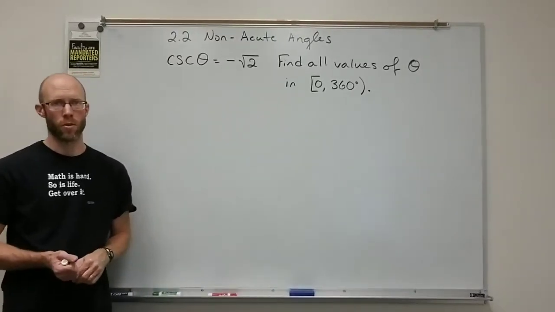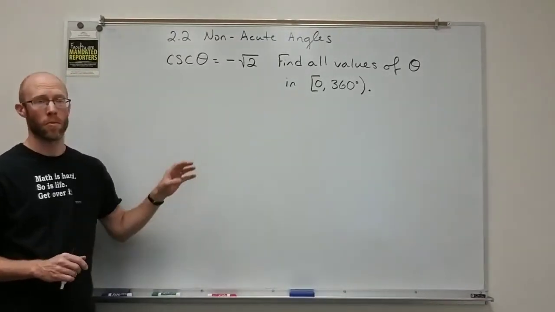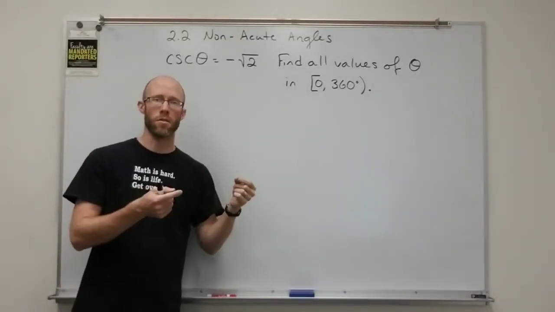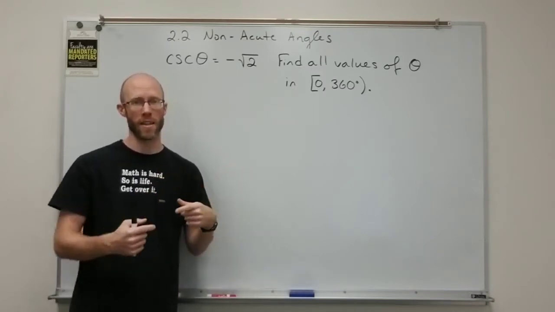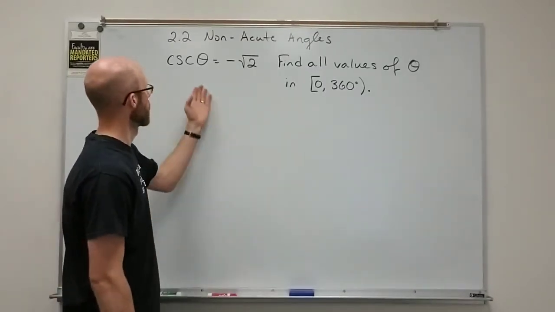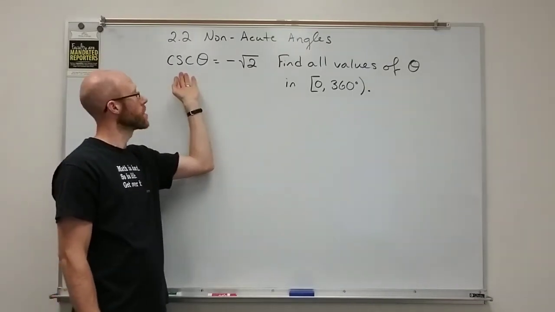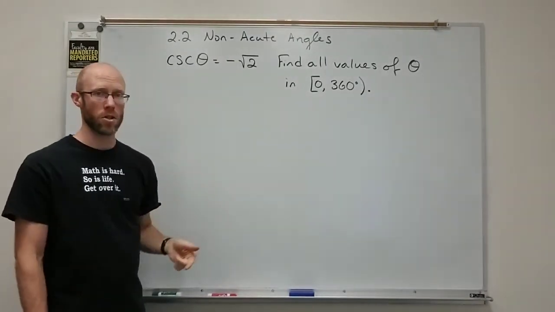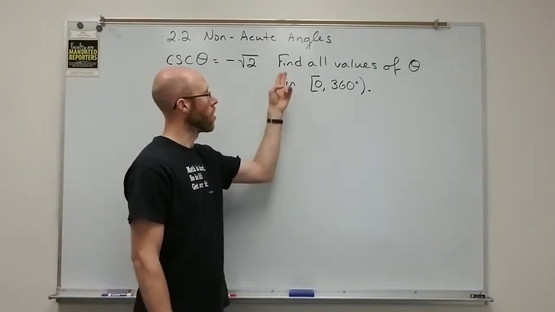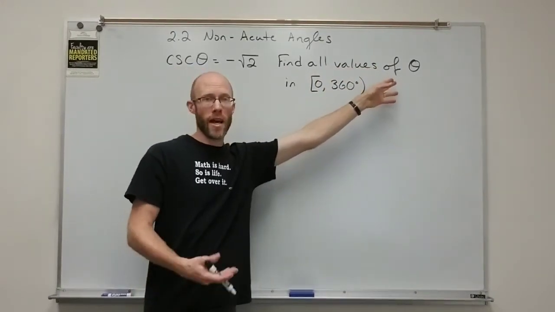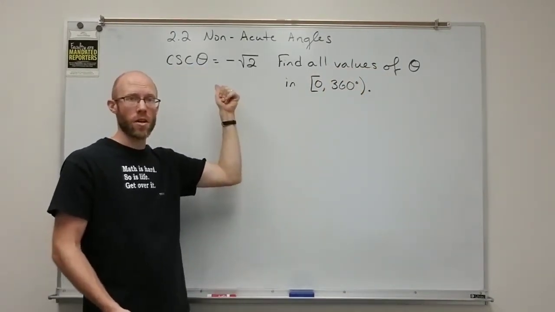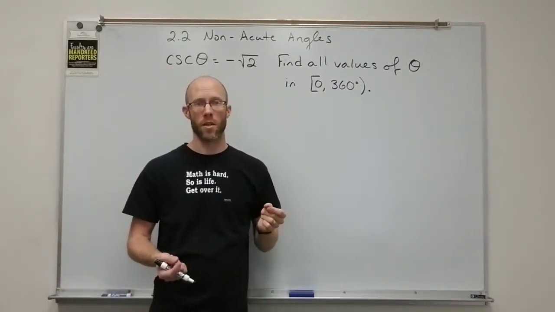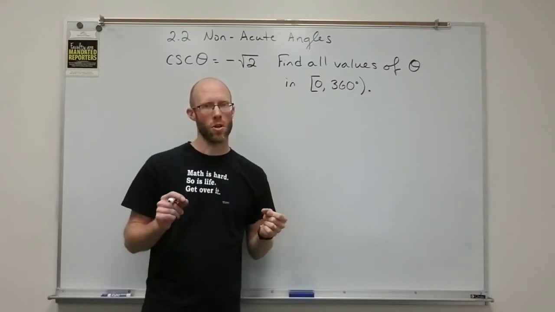To finish off section 2.2, I'm going to go through this example here where rather than starting with the angle, we're going to start with one of the trig functions and find the angle. I have a trig function here, cosecant of theta is negative square root of 2. And so what I want to do now is find all thetas, all possible angles that have this value for the cosecant. The first thing I recognize is that a square root of 2 is generally going to refer to